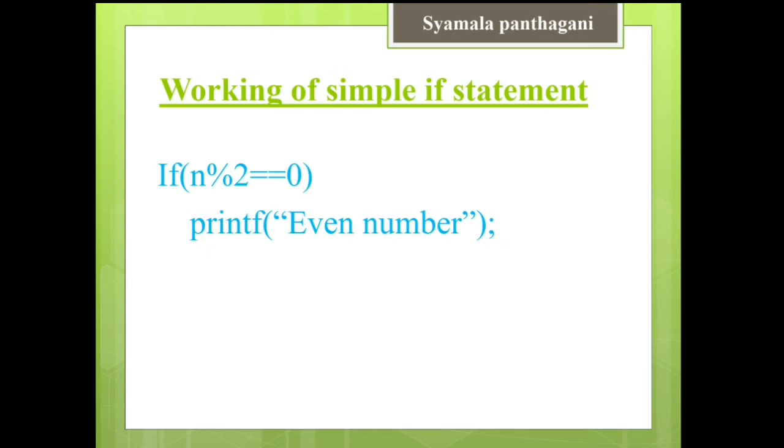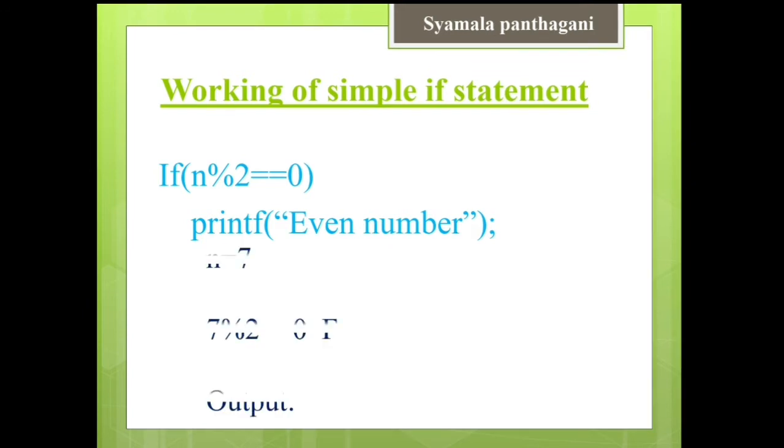When we divide a number by 2, it returns the remainder, meaning 0. If the remainder is equal to 0, then the given number is an even number. I would like to check whether the given number is an even number or not. For example, here I have given n is equal to 7.